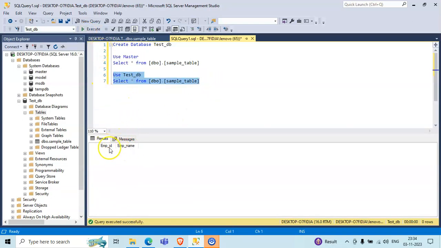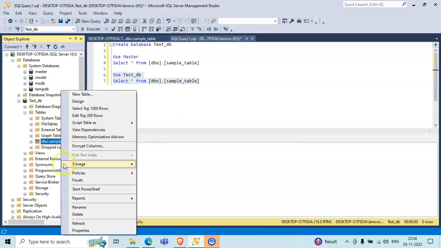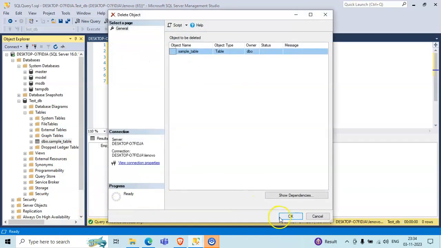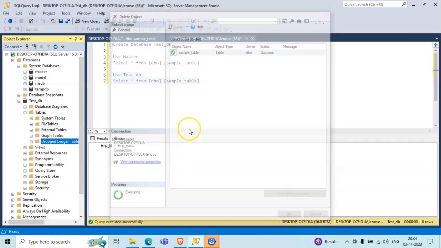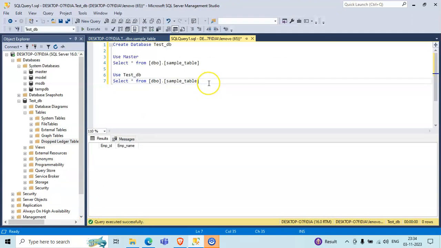Now you can see the data we have is totally empty, right? So this was one method of how we can generate a table using the GUI method. Now let's delete this and generate another table, or let's generate the same table using Transact-SQL. So we'll mention create table